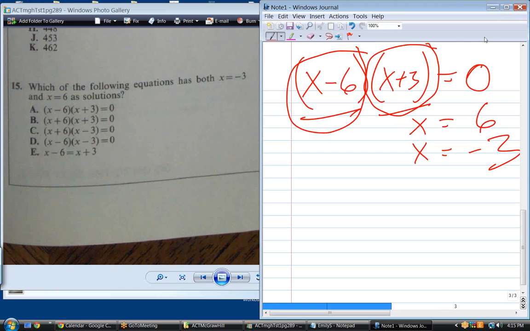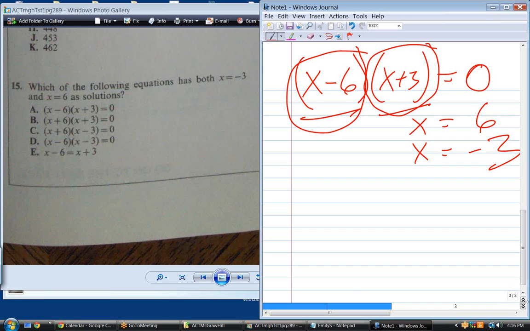Well, unfortunately, it was the first one, so I didn't get a chance to go through any of these others. But if x equals minus 3 is an answer, then x plus 3 is a linear factor. And if x equals 6 is an answer, then x minus 6 is a linear factor. So the answer is